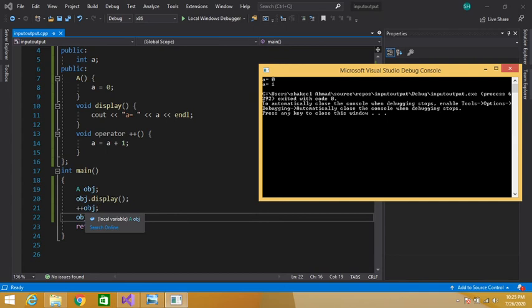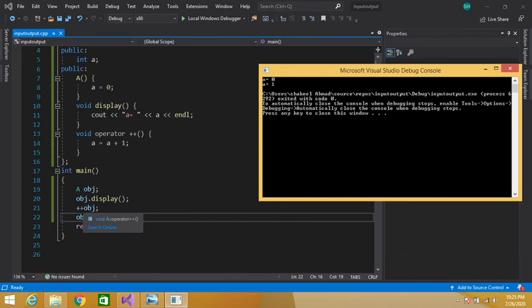Then we are incrementing the value using the increment operator with our object. So when we increment, the control will jump here and increment the value by 1. In this way we can overload the increment operator. Simply write the return type, then the operator keyword, then our increment operator, and here we have incremented the value of our a data member.